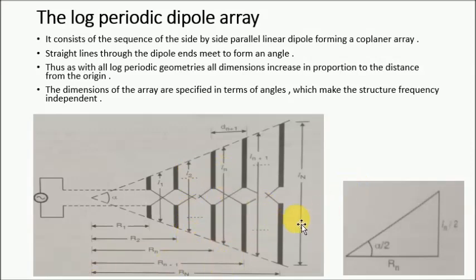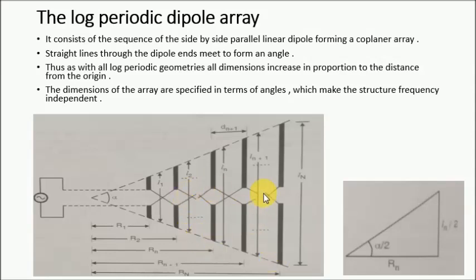Due to the proportionality, we can see here Rn and ln divided by 2. The angle is given here as alpha by 2, and this should be proportional. So if R is going to change, L is also going to change in the same proportion. If Rn is equal to R2, then it is L2. When it is Rn, it is Ln. Likewise, we are keeping the angle alpha.